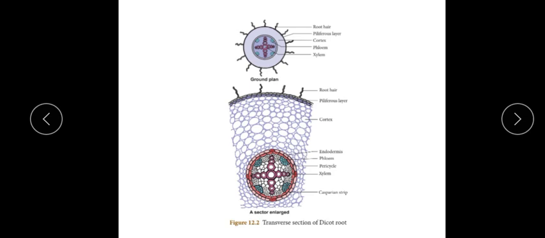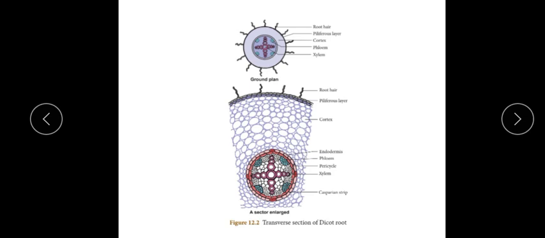So you have to imagine the diagram in such a way that only one part of it is being focused for you. This is a view under a microscope. The diagram has been provided for you, showing how it will look under the microscope. This is there for your practicals also. So we have to practice the diagram as well as learn the points. Practical notes are totally different; we'll go to that part later. Now just learn along with me the TS of dicot root. Let's see what the TS of dicot root comprises.